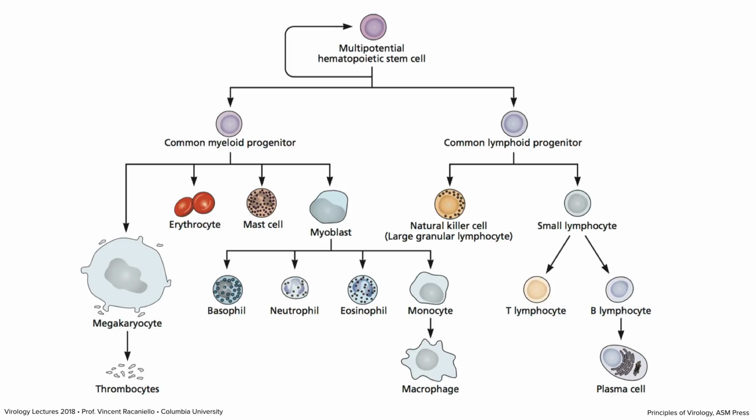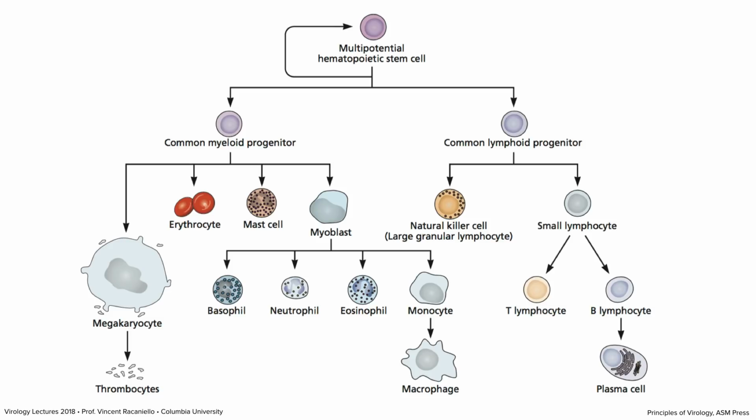All of those cells arise from a common stem cell, all the way at the top here, which we call a multipotential hematopoietic stem cell. And that stem cell can give rise to all of these blood cells that are shown here, which include the leukocytes and other cell types as well. So this stem cell is in your bone marrow, and its job is to give rise to all of these